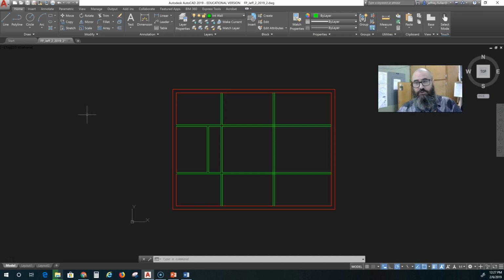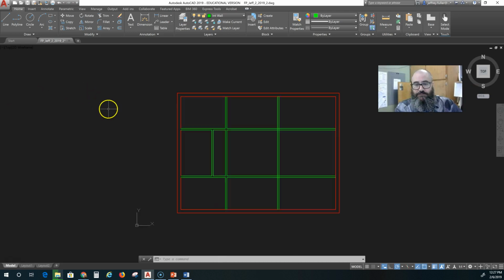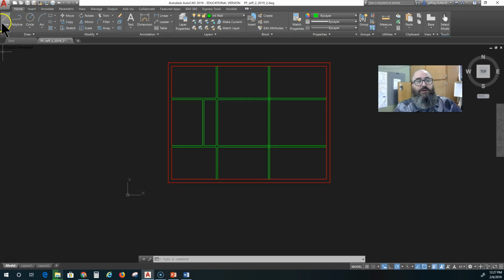Now I'm not going to go as far as going into the casework just yet, or your cabinetry. I'm mainly going to work with closets and get my spaces more or less defined in more detail. So I'm going to put some closets. These rooms need closets, and then we'll probably share some closet space with this bathroom right here. I am going to offset again, and this time I'm going to offset